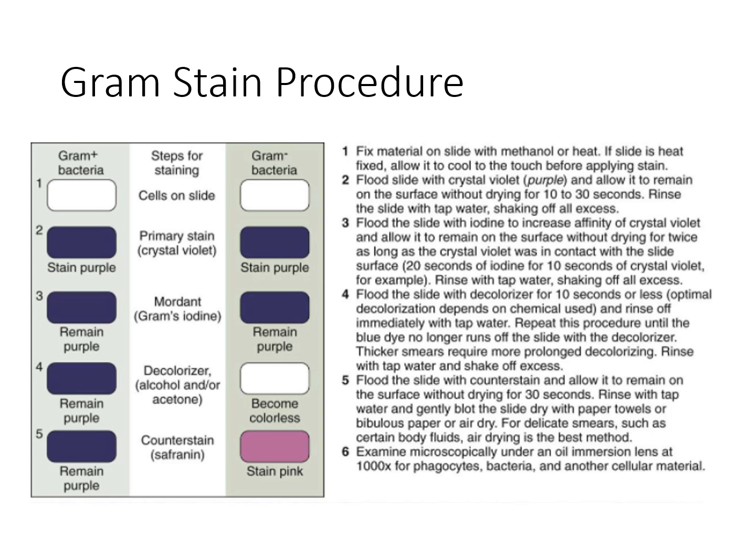And so with the decolorizer, you don't want to over decolorize and remove too much of that dye, but you also want to be sure to remove the dye from your gram-negative bacteria to allow them to absorb that saffron. And so by doing this step, you will run the decolorizer over the slide, and you will watch it run off the slide until it no longer produces any of that purplish blue dye. And so once that runs clear, then you will rinse that slide off, and then you will flood it with the counter stain or the saffron,